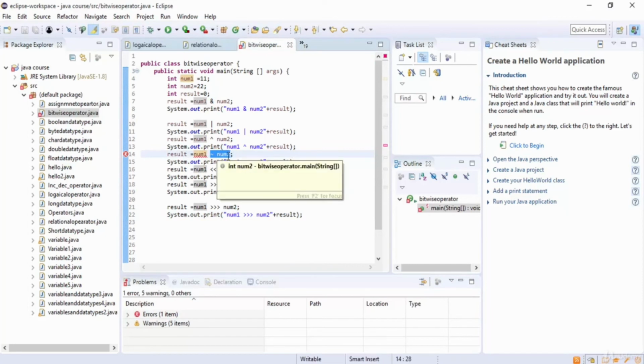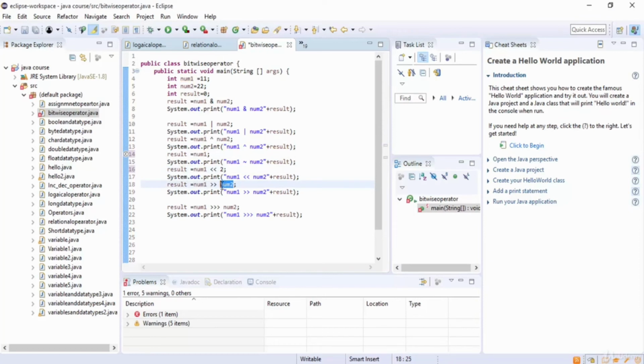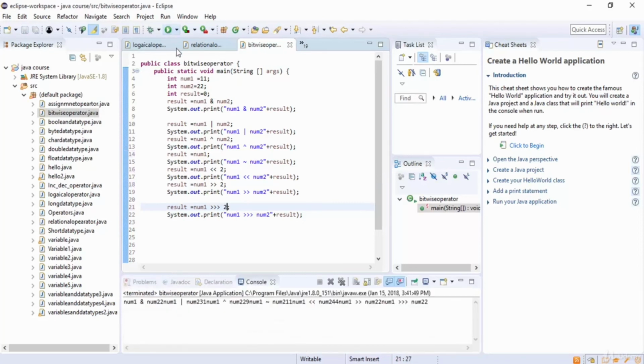So now you can see we have an error because it is the XOR operator, and the shift left for 2 time, shift right for 2 time, and then shift left for 2 time. Now I just execute it, and you can see num1 and num2 value is 22,